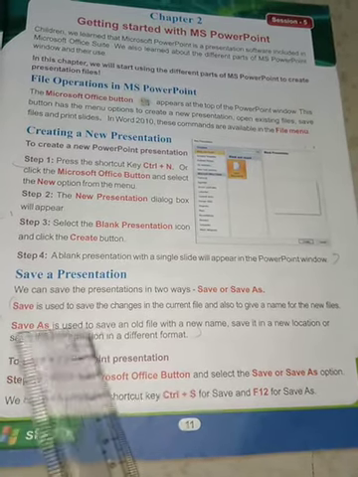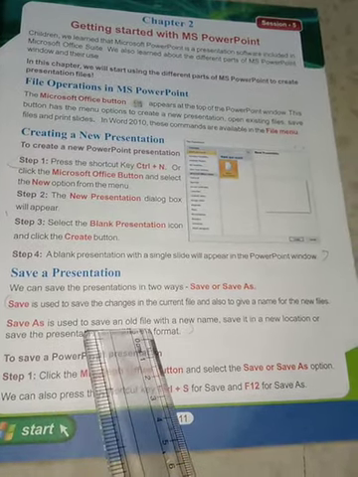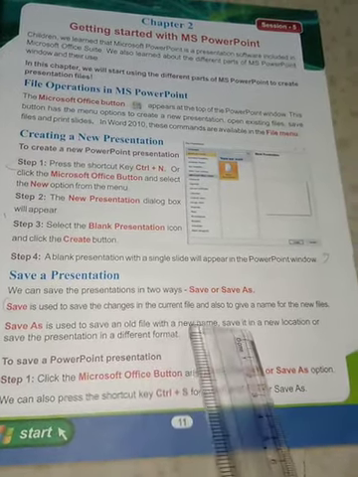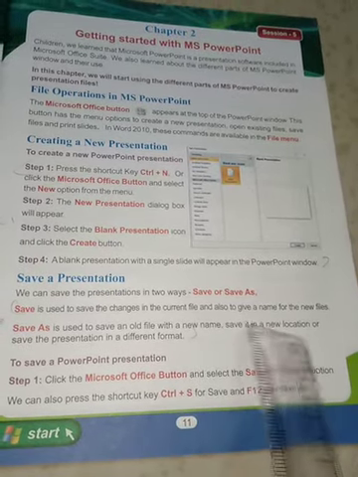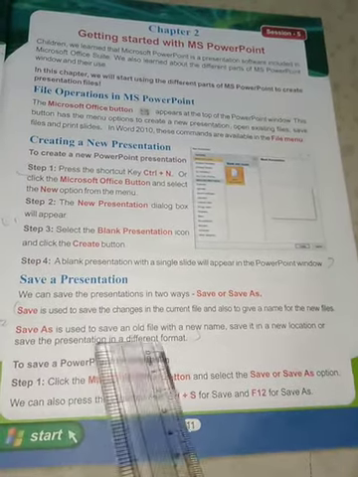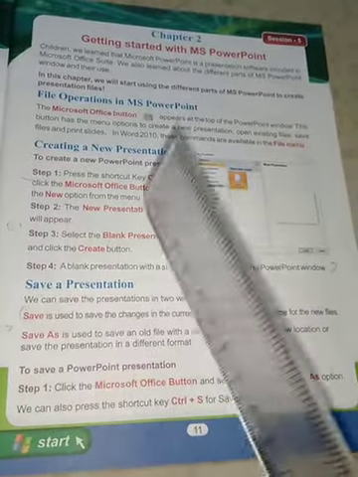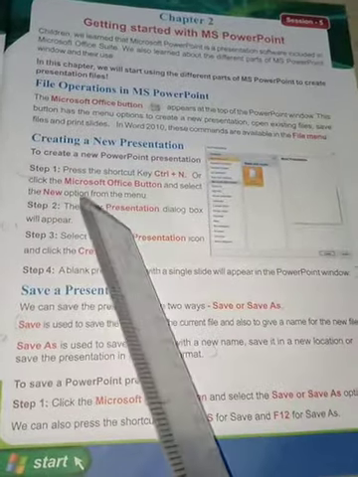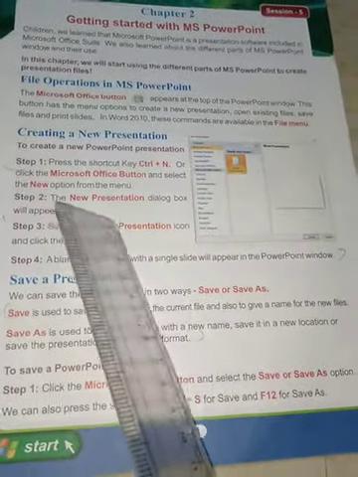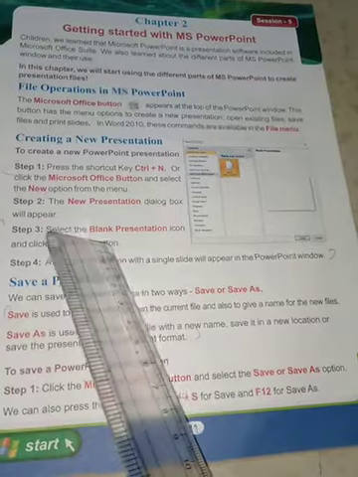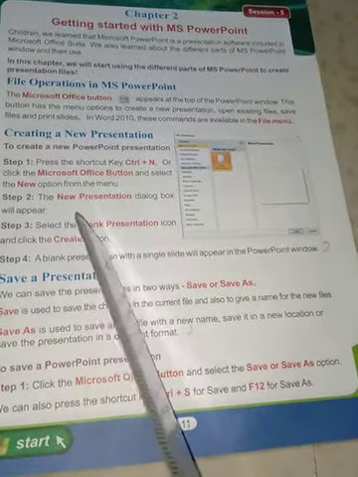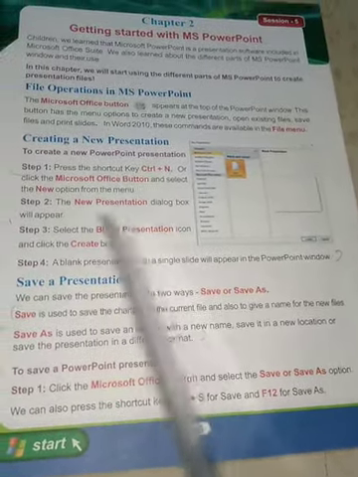Save As is used to save an old file with a new name, save it in a new location, or save the presentation in a different format. So Save As is used to rename an existing presentation, or to change the location.